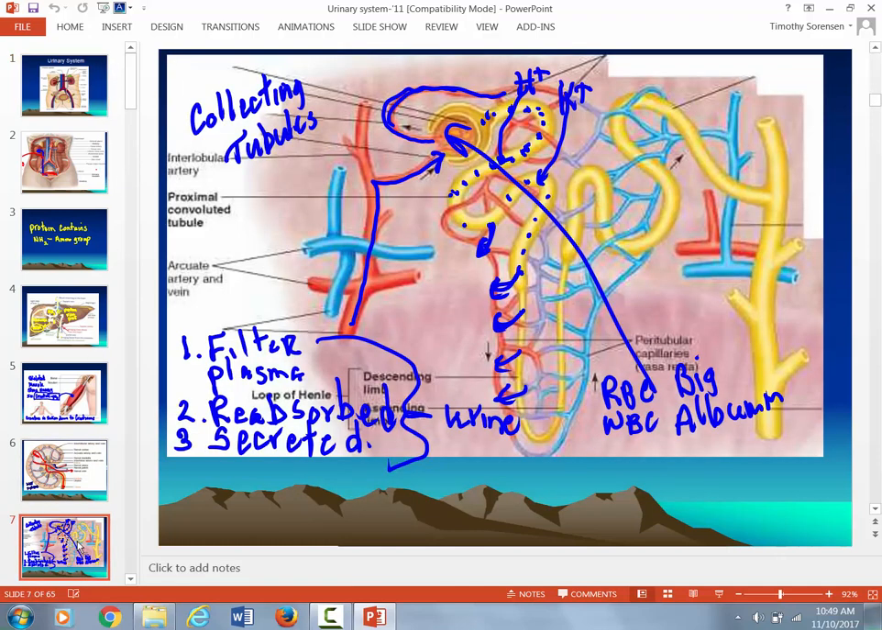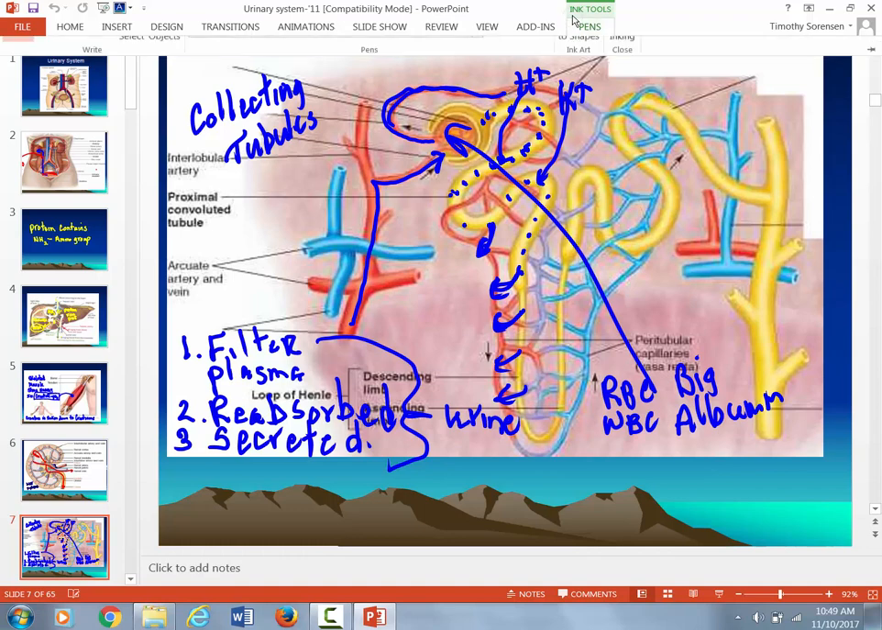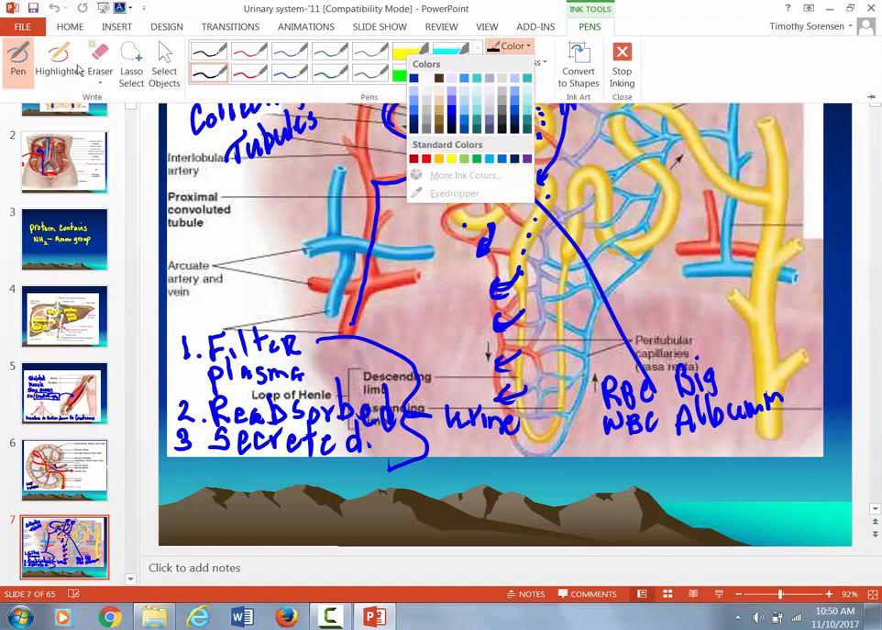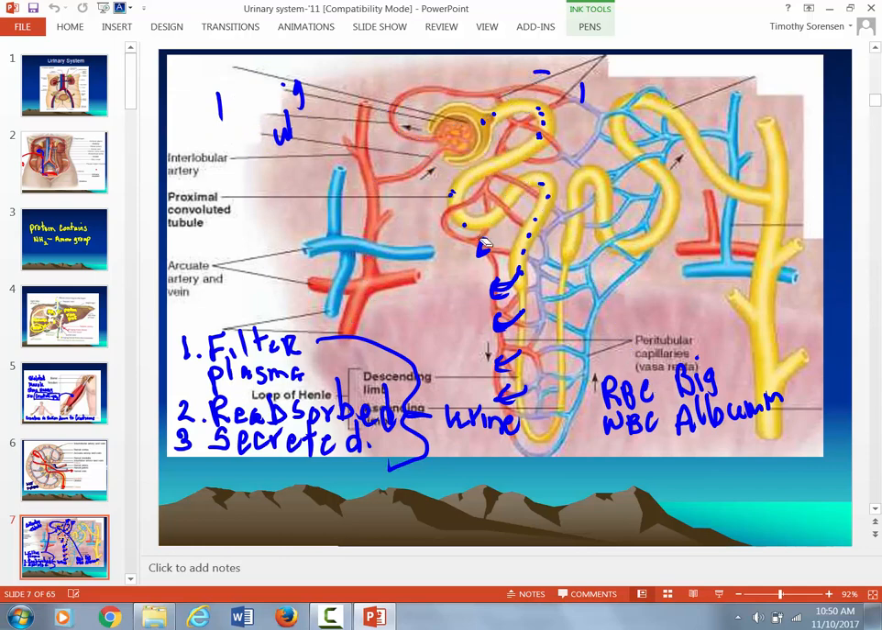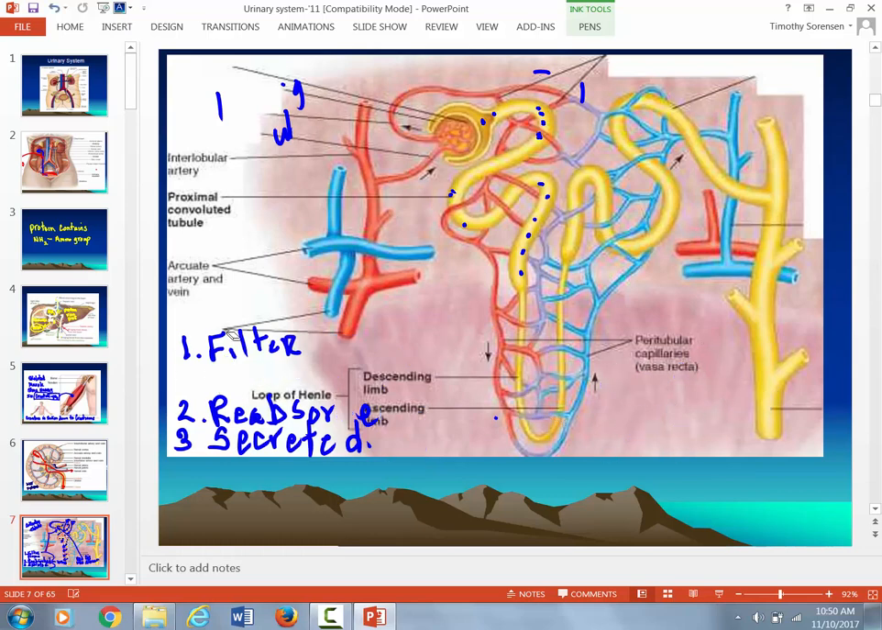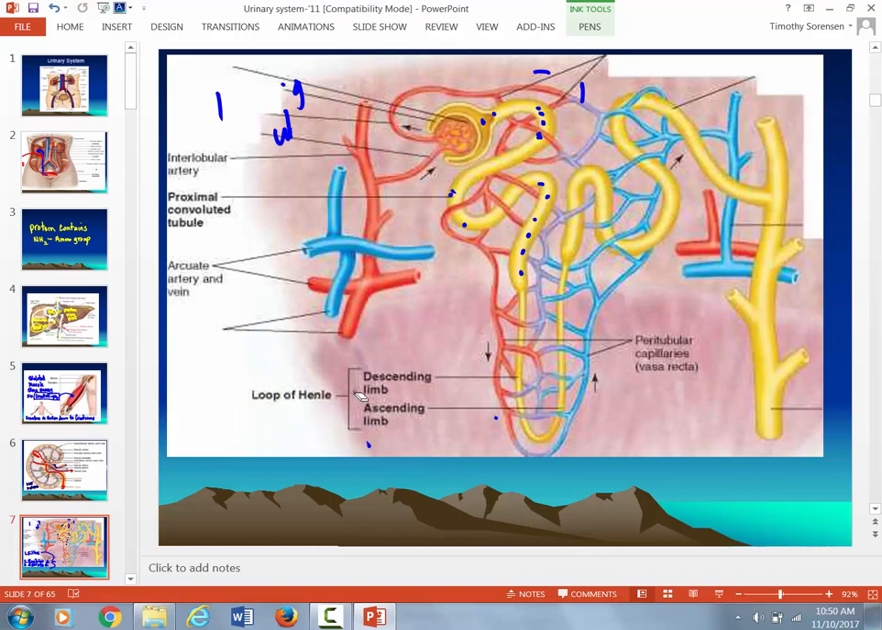All right, so what's the stuff that got filtered by the glomerulus and ends up in Bowman's capsule? What's that called? Yeah, nice. Okay, so, and we discussed last time what's in that filtrate. All right, so